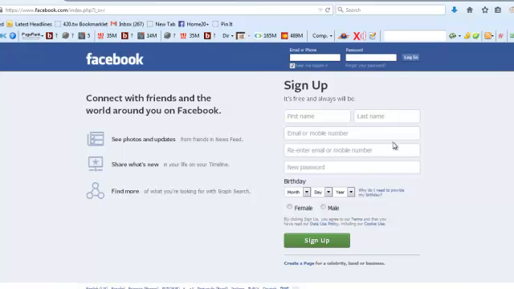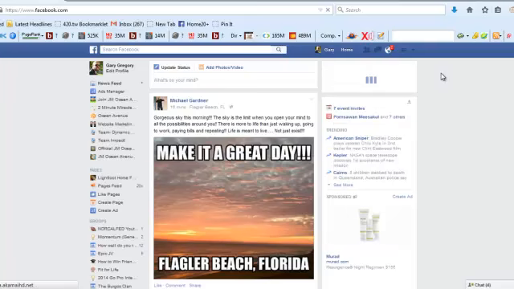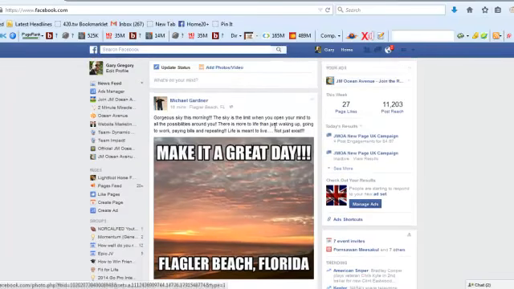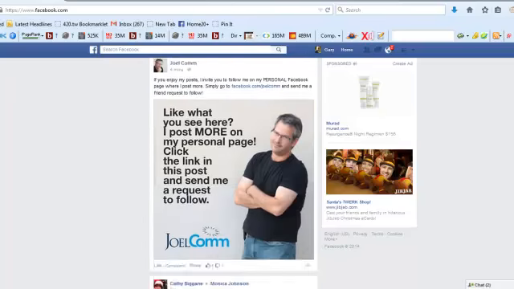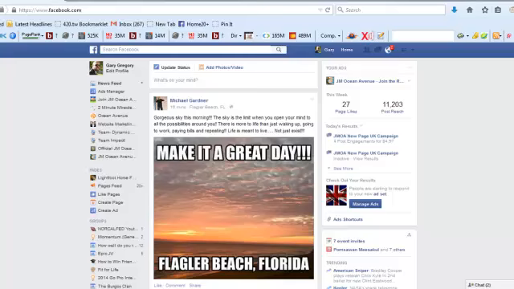As you can see here, I'm going to be logging into one of my Facebook accounts, and the reason why I'm doing this is because anytime anybody logs into Facebook, the first thing that you see is your timeline, which is basically these posts that you see down the center of your screen. Okay, so before you go to your profile or anything like that at all,